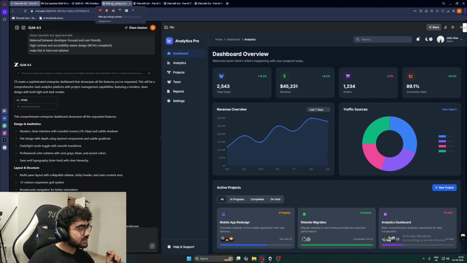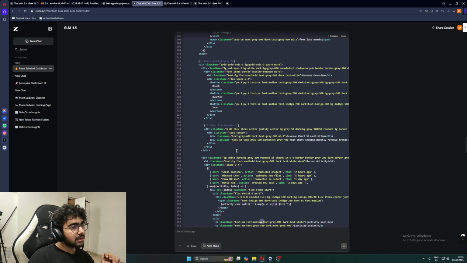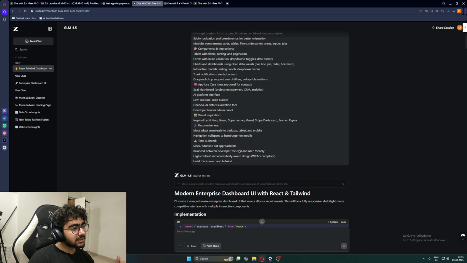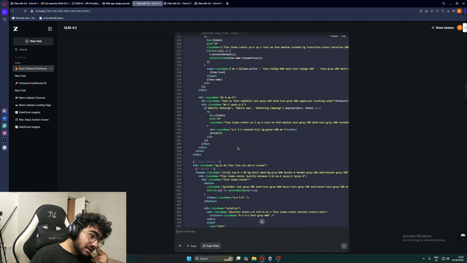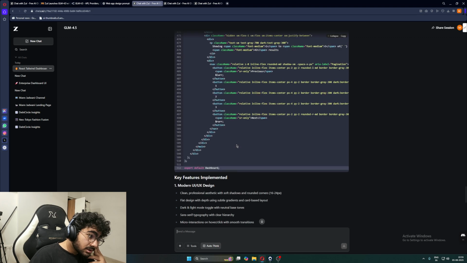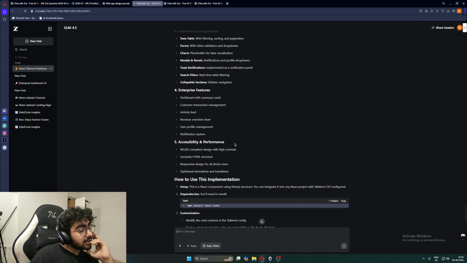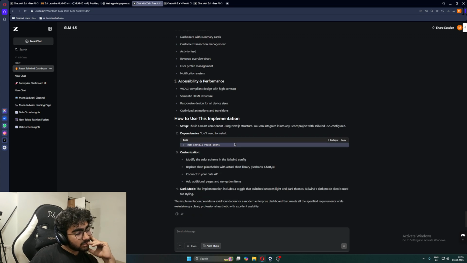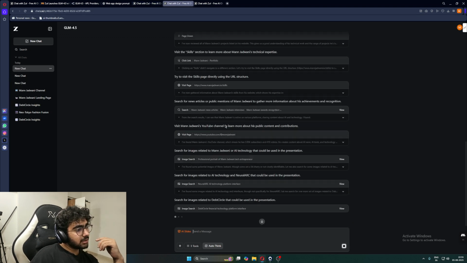Let's check out इसने React से क्या किया है. Okay, React से इसने जो मुझे दिया है, that's in a single file and it is 500 lines of code, so it should be pretty good. यार मेरे को लोकली चलाना पड़ेगा. ये फुल स्टैक वाला हमने देखा ना, आई थिंक दैट्स गुड. ओके सो